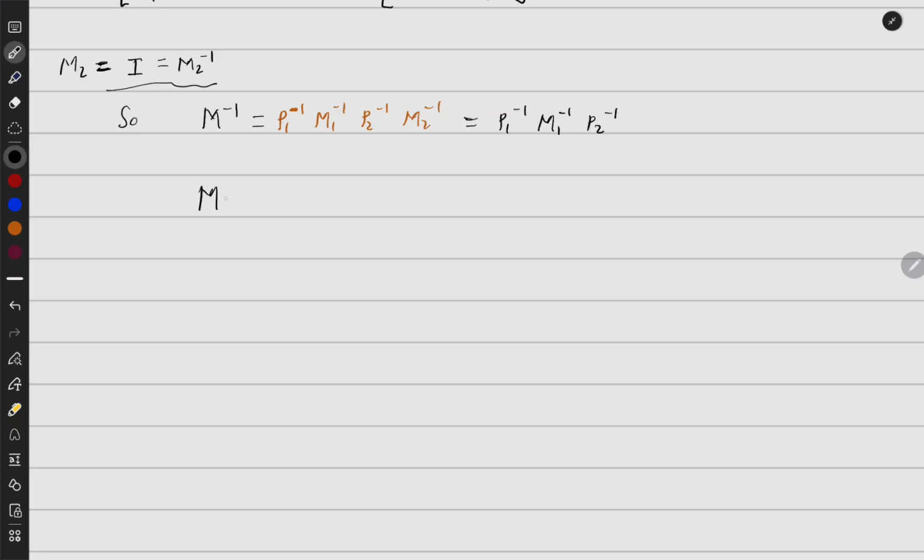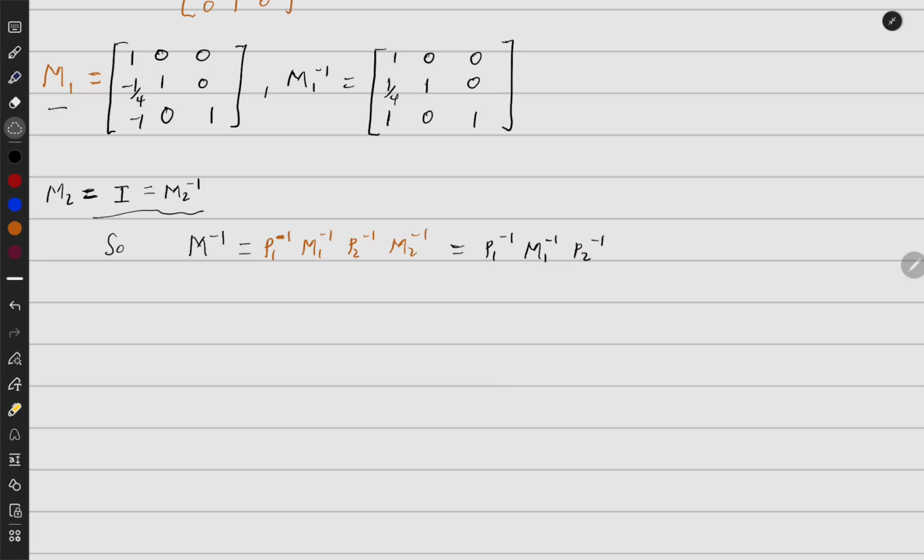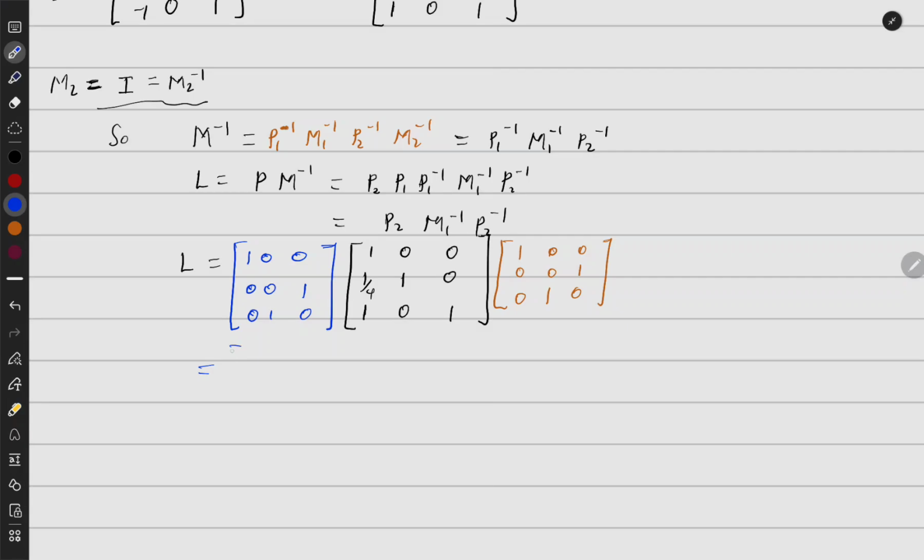So therefore my M inverse is equal to, so but we say that our L was equal to P M inverse, but our P is P2, P1 inverse. This is M1 inverse, P2 inverse. And therefore this is going to be P2, and this is M1 inverse, this is P2 inverse. So therefore my L is equal to, so you find that this is therefore equal to,